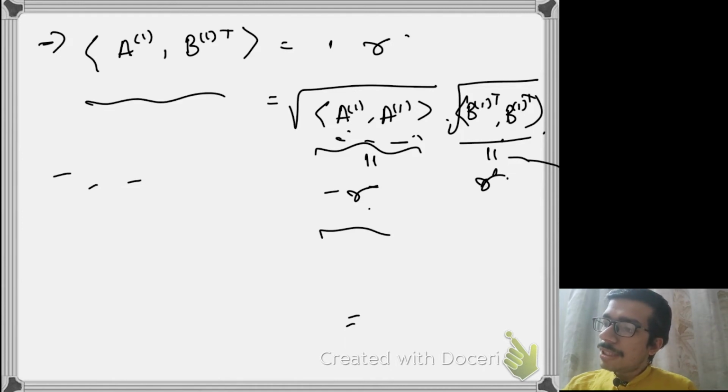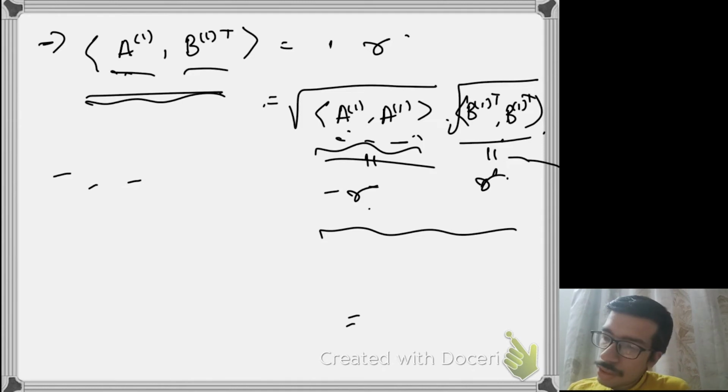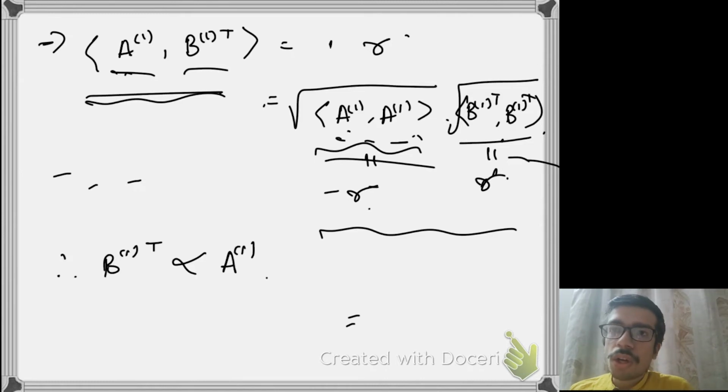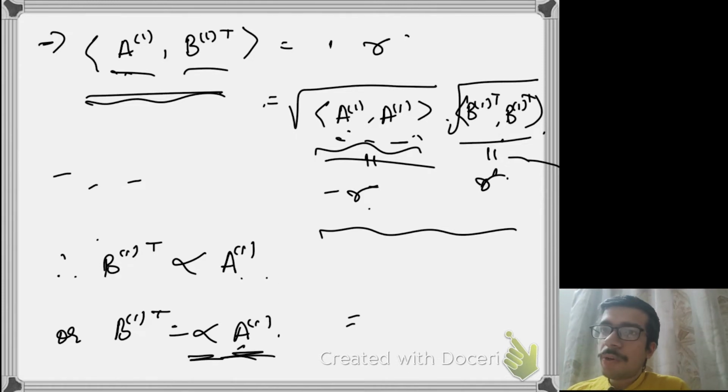So now again we see that by Cauchy-Schwarz inequality, in general we have an inequality between the term on the left and the term on the right. This holds as an equality if A1 is proportional to B1 transpose, right? Which means that B1 transpose is proportional to A1. So this is by Cauchy-Schwarz inequality, or B1 transpose equals alpha times A1 for some scalar alpha. Now for this particular value of alpha, the inner product between them is going to be alpha times R, but it happens to be exactly R. So what we are going to get is that alpha is 1,